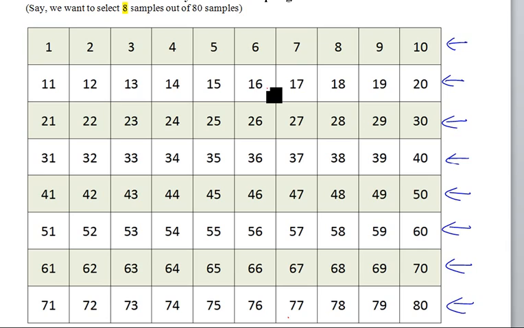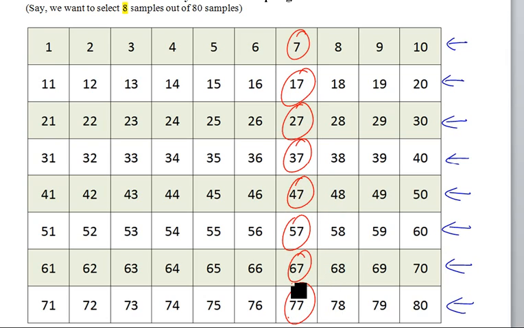Why bias? See, for example, just now we talked about 7, 17, 27, 37, 47, 57, 67. If this happened to be a class register, 1 to 10 is one class, 11 to 20 is one class, etc. If